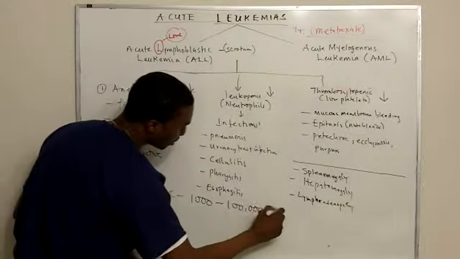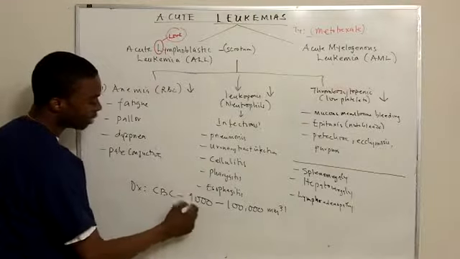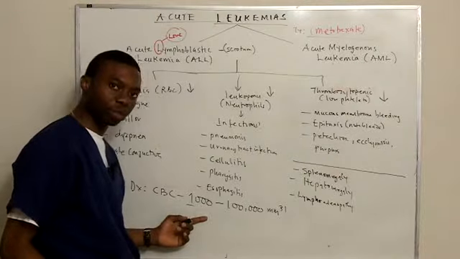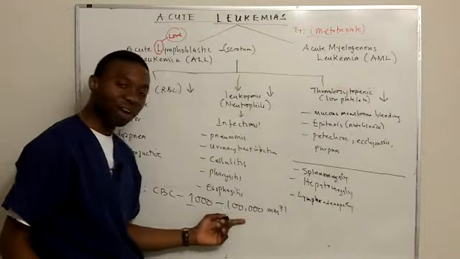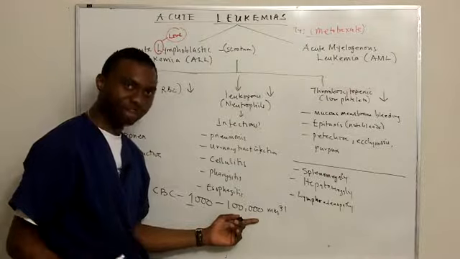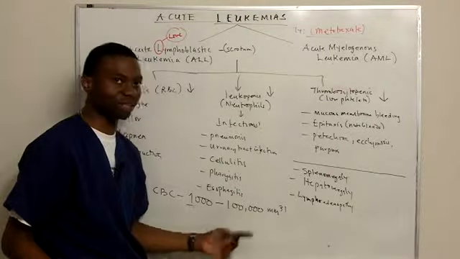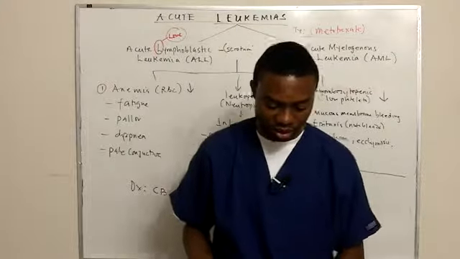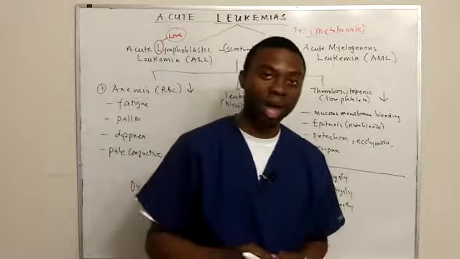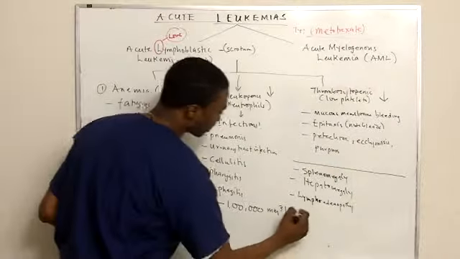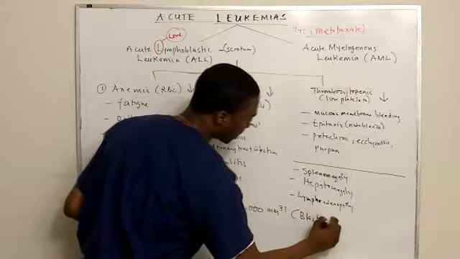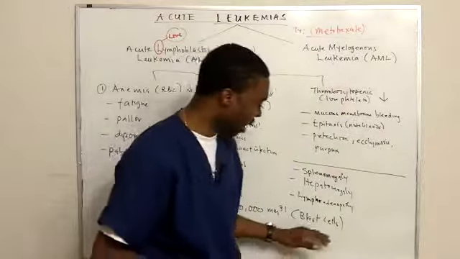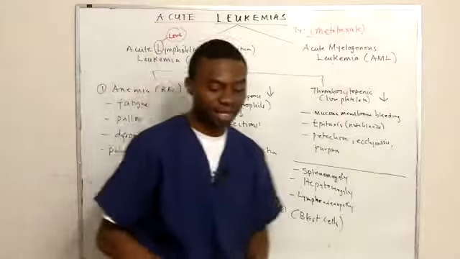100,000 per cubic millimeter. Now look, they are leukopenic, because remember their white blood cells are not functioning properly, and they can have a lot of white blood cells, but still they are non-functioning white blood cells. They're just massive because it's a cancer that's just producing a lot of abnormal white blood cells, and usually this is a lot of blast cells. Remember, blast cells are what? They're immature white blood cells. So you see a significant amount of white blood cells, which are blast cells, inside the peripheral blood.